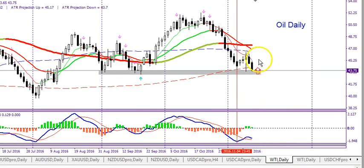You can see when I said oil could come down a wee bit lower, but we are at a major support zone. So if it comes down lower now, this is really, really important. Price may come down lower, break the support, okay? It may do that, but it could be a false breakout. And